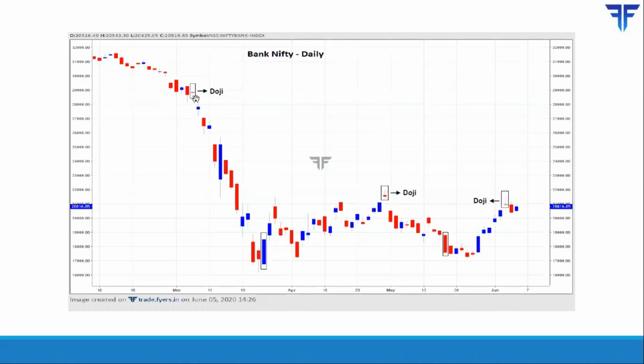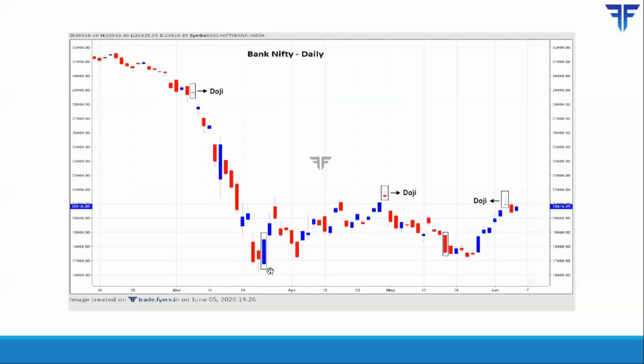So it is very important that once a doji forms, you wait for the emergence of subsequent candles before deciding to act. In this particular case, on the subsequent day, price gapped down. You could also see there was a gap between the low of the doji and the high of the subsequent day. So it signals that going forward, we could see lower prices. And as expected, price fell very sharply.